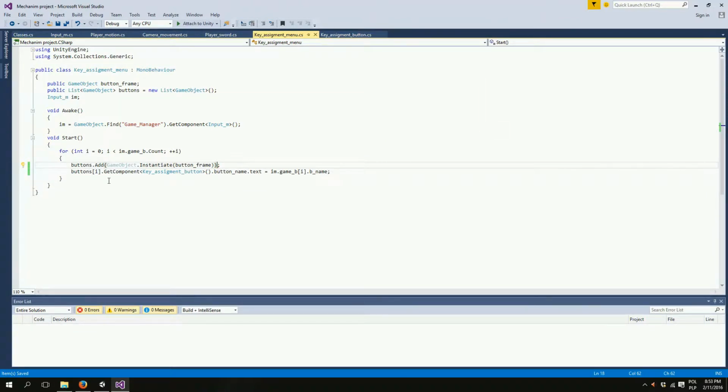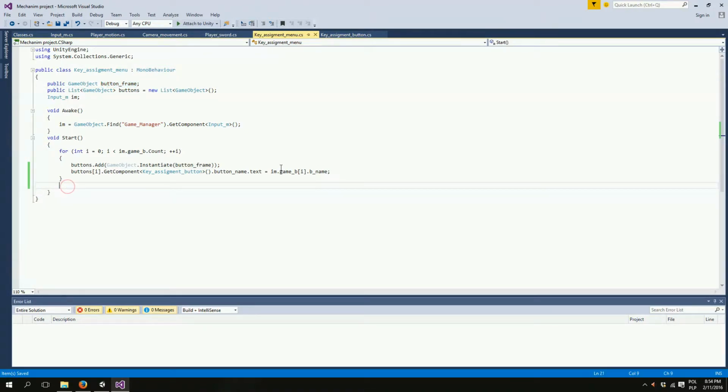And what it does, it takes Buttonframe object, which is just reference, makes a clone of it, and adds it to a button list. And after going through, and after adding 8 buttons, 8 because we've got here 8 buttons, we can add one more and we will make 9. We could have 9 and we don't need to change anything because we get the size of this list over here. And after going through this list, we don't really need this anymore